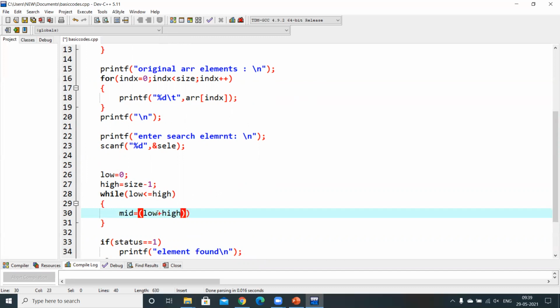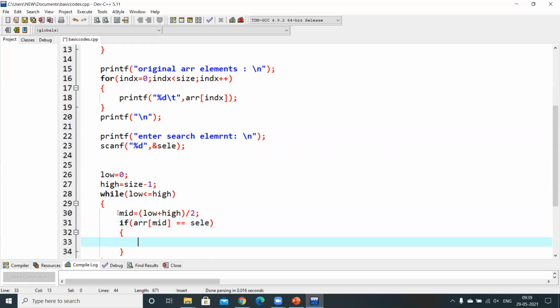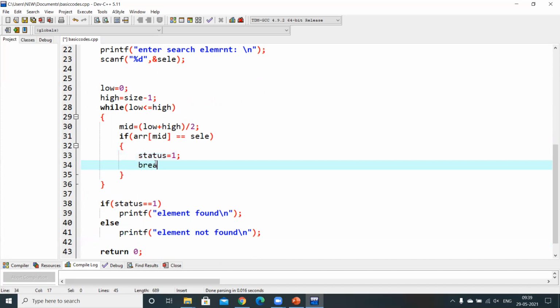Yes, you computed the mid value. Once you are done with the mid value, you need to check if the element present at that mid is equal to the search element. If it is equal to the search element, in that case you make the status value 1 and break the loop.